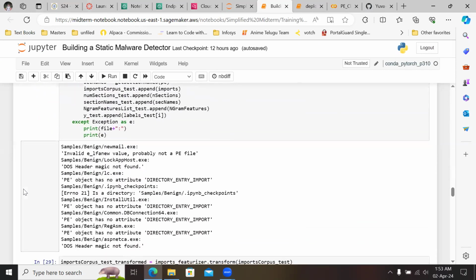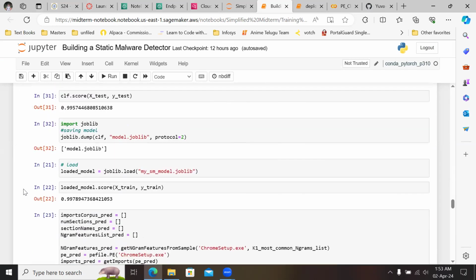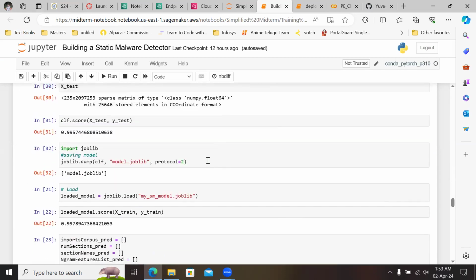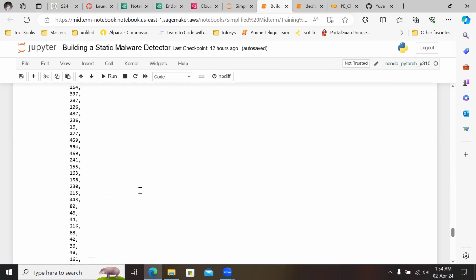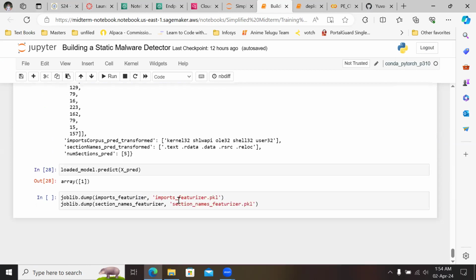Our model is saved as a model.joblib file for deployment use, and we are also saving some other